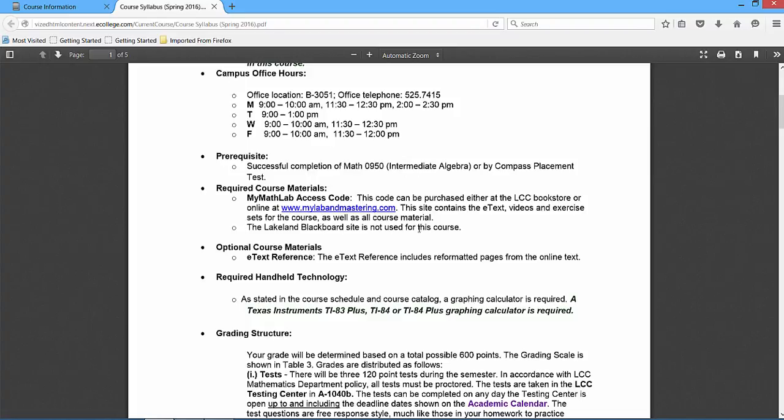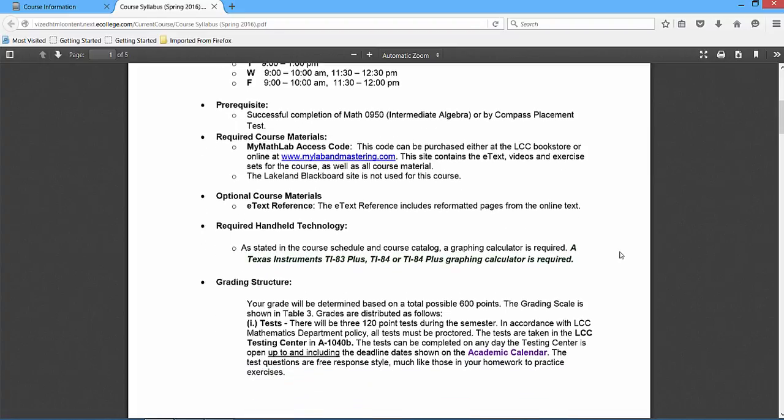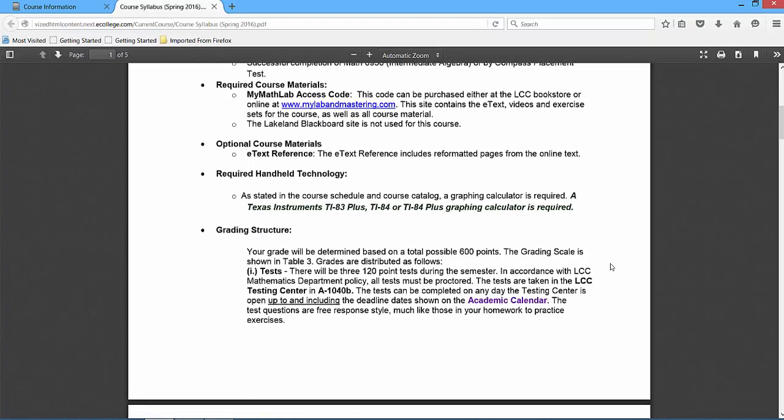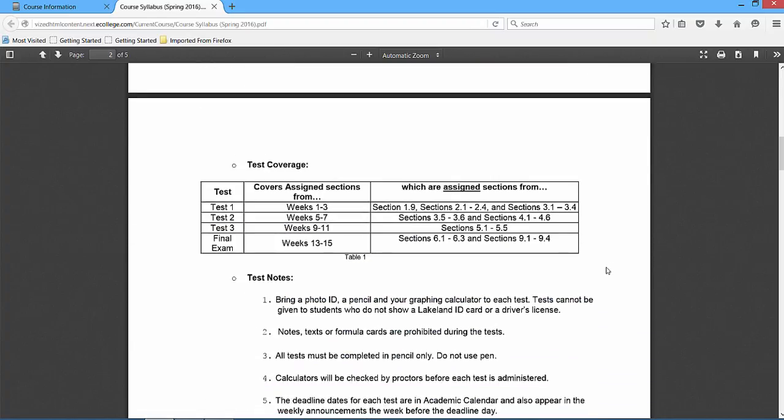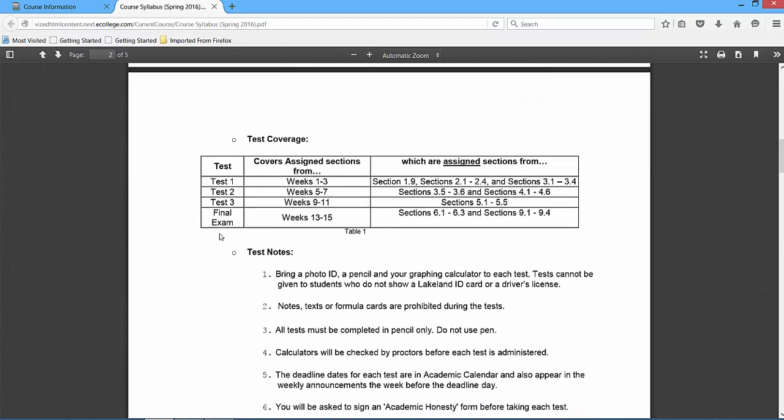Again, Blackboard will not be used for the course. The EText reference is just the EText printed out, so that's optional. You do not need that. A graphing calculator, yes, that comes in handy. As for the grading structure, you can see here that there are going to be 3 tests and a final